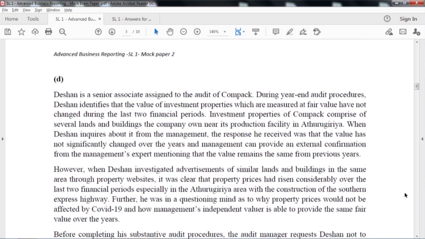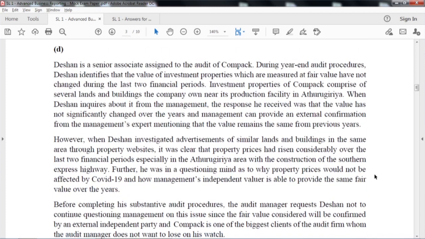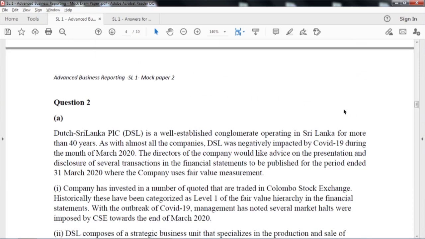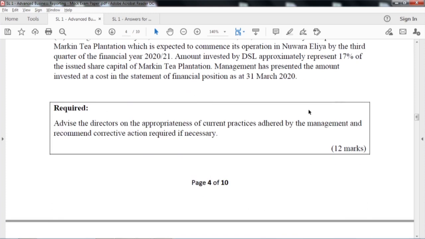Remember, I am telling you, the biggest challenge that you face is none other than time management. So it's very important that, while reading itself takes a long time, you read very quickly to identify key points and then straight away write the answer. I will do that also maybe in the second part of the paper. First we will finish the 50 marks question, and then this question is about